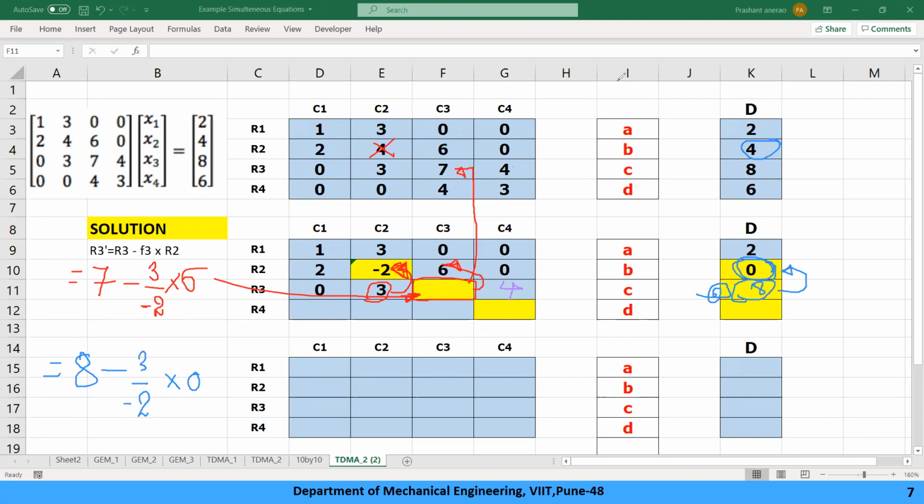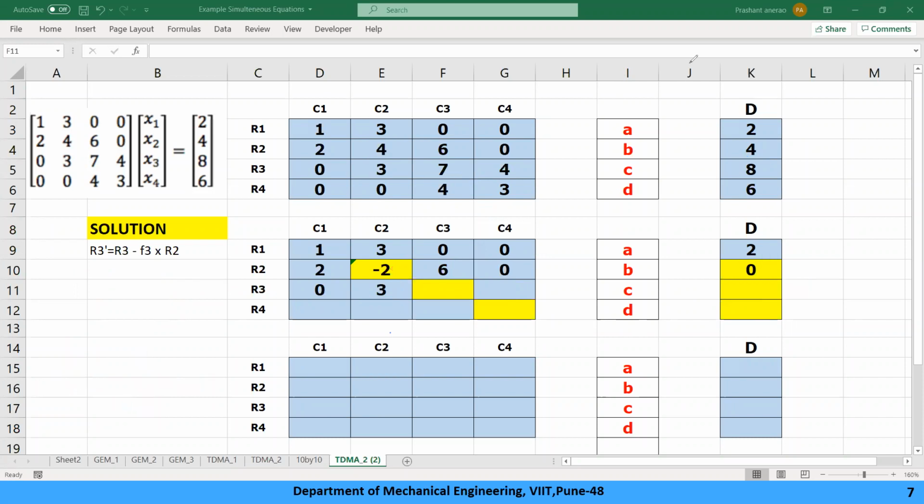Okay, so I hope you guys understood. I'll repeat it in the Excel sheet: equal to old minus factor into the term above. This is copied, equal to